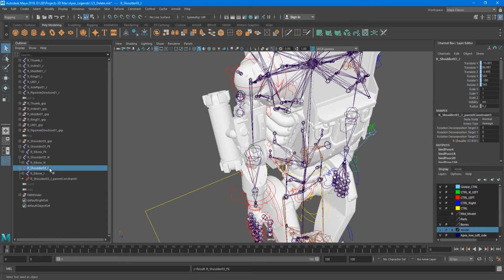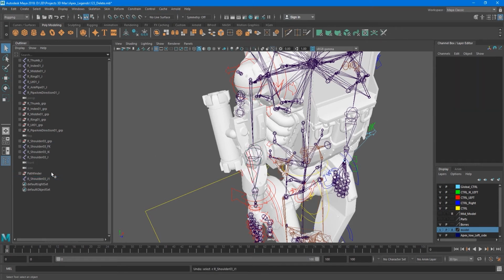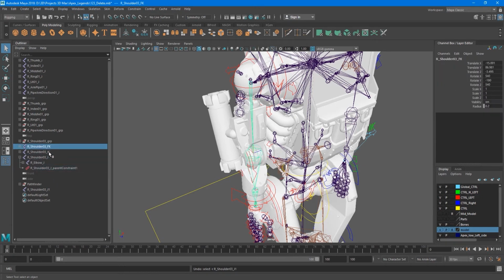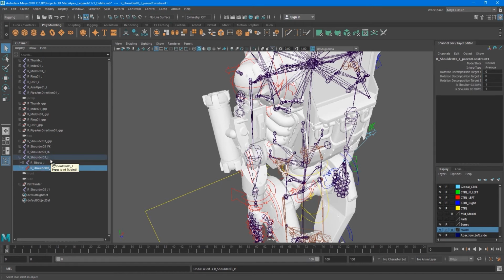So right now, oh no, first of all I should delete my constraint from my main joint. So let's try,